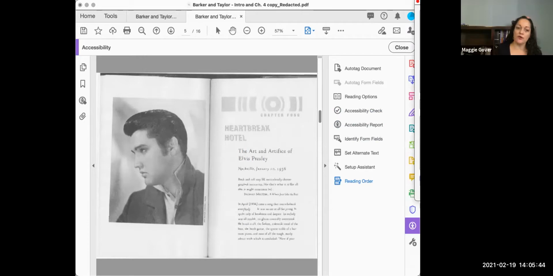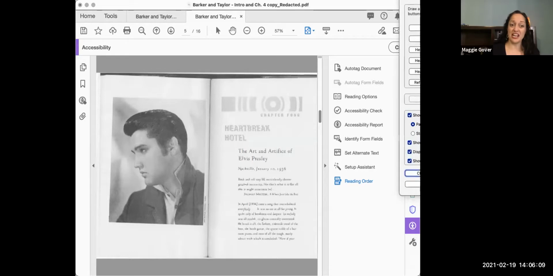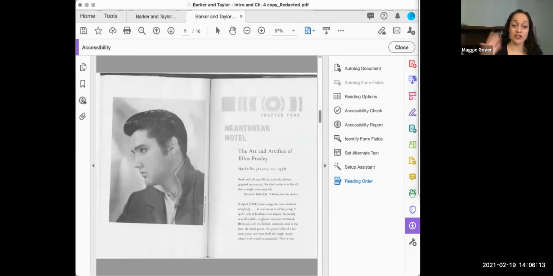All right. So if you have a structure like this that's not going to work well with the auto tag, or you auto tagged it and you see it's not working well, you can clear the page structure and it clears everything. If there's just one or two things that you need to eliminate, I wouldn't clear the page structure, just eliminate those one or two things, and we can talk about how to do that later. But if the whole page just seems kind of a mess, I would eliminate the page structure and start again. So then you're going to open up your reading order